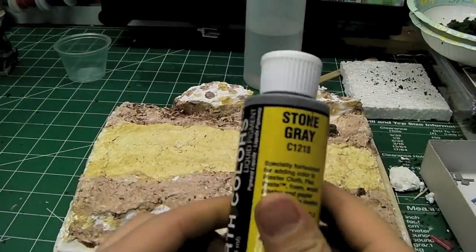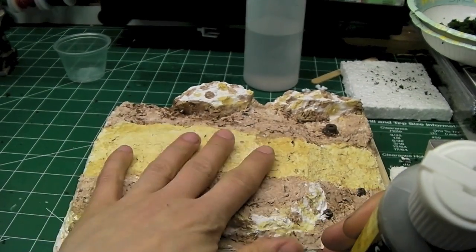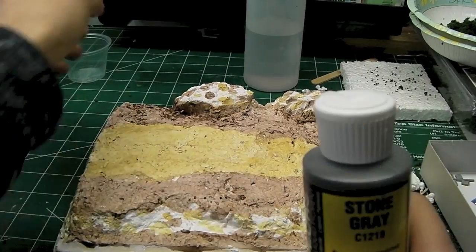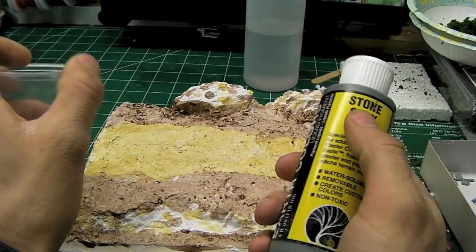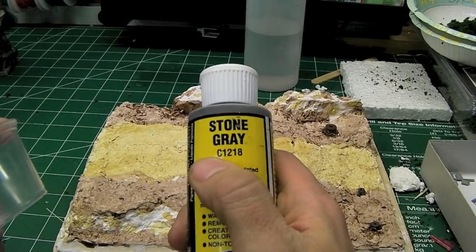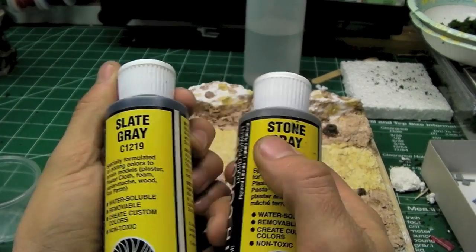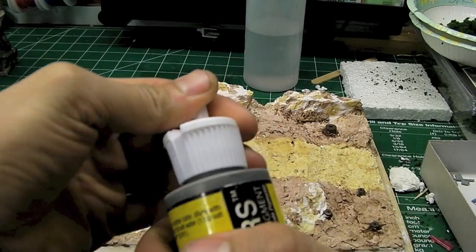And it's time for the final step. I've given this plenty of time to dry. I actually zapped it with a hair dryer just to speed it up. I'll be using stone gray. A black pigment is actually better for this step, but I don't have black. I have either slate gray or stone gray, and I just like the stone gray a bit more. So